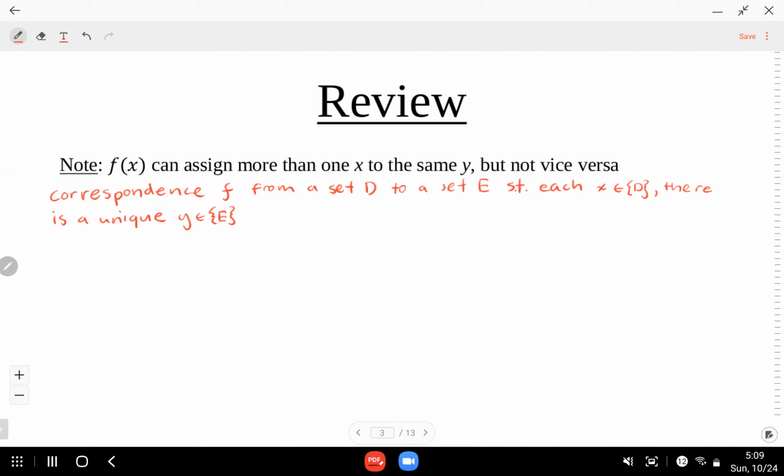A correspondence f from a set D to a set E such that each x in D there is a